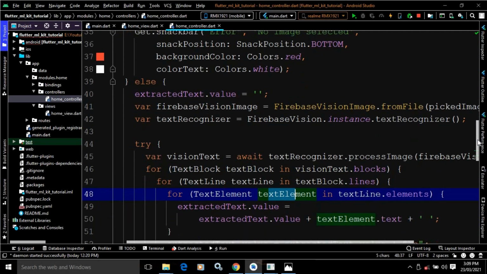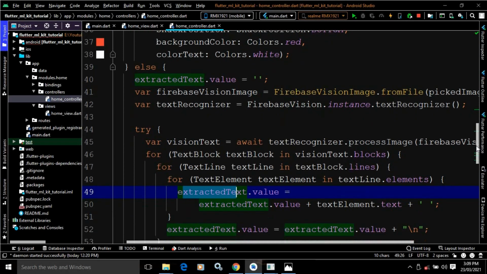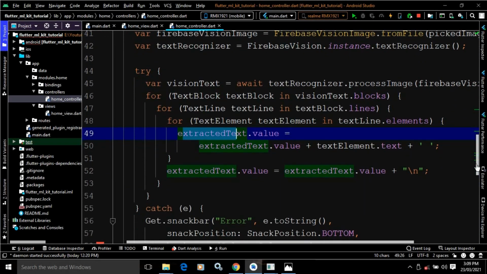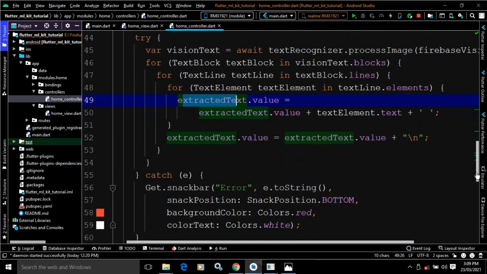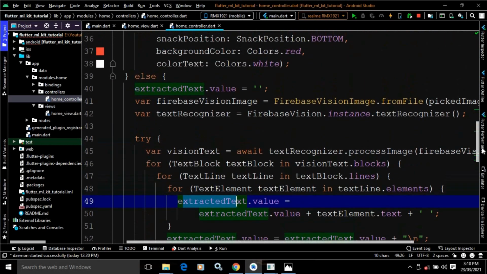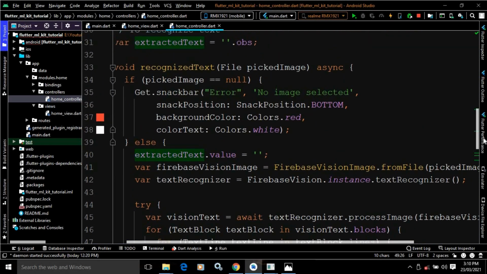Ultimately, whatever be the text of the text element, I have concatenated with the extracted text, like this: extracted text dot value equals extracted text dot value plus text element dot text. Okay, and after that in this loop, I have written extracted text dot value equals extracted text dot value plus a new line. And after that, if there is any exception in the catch block, I have given a snack bar. Right, this is how we are extracting the text from the image.